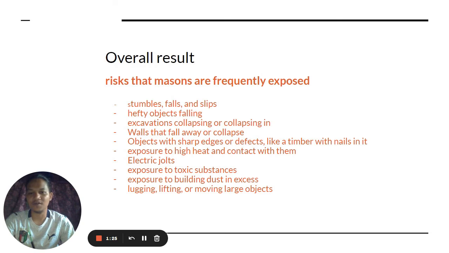Next is for the overall result that machinery workers are frequently exposed to: first is tumbles, falls and slips, hefty objects falling, excavation collapsing, walls that fall away or collapse, objects with sharp edges or defects like timber with nails in it, exposure to high heat and contact with them, electric shock, exposure to toxic substances, exposure to building dust in excess, lugging, lifting or moving large